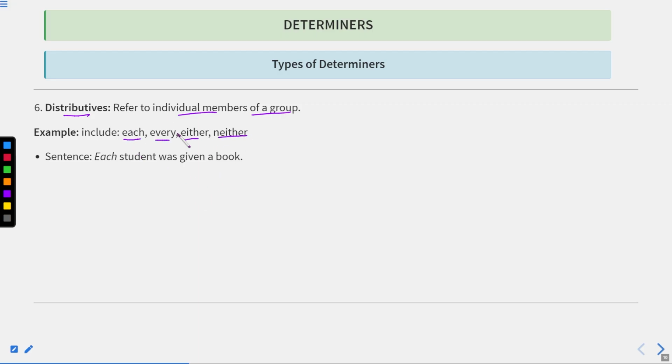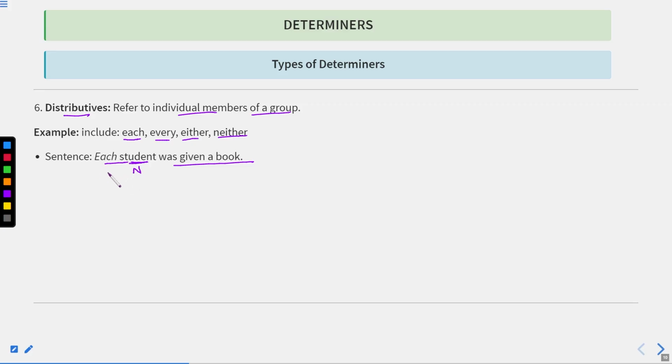And we know well that each, every is always used for singular. Either, neither is also used for singular. In case we have "of" after this and then we have a noun, that will not be a determiner. That will be an adjective or pronoun. Now, each student was given a book. You can see over here, student is a noun, which is a singular noun,